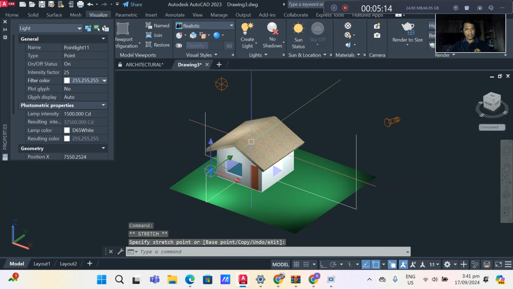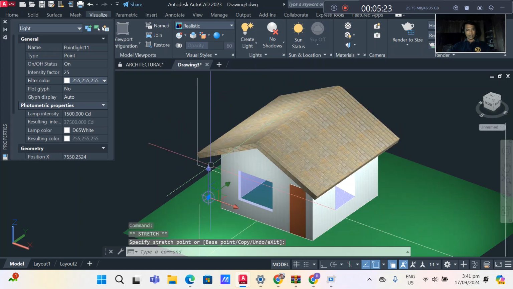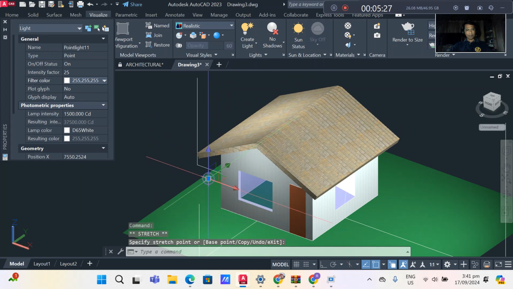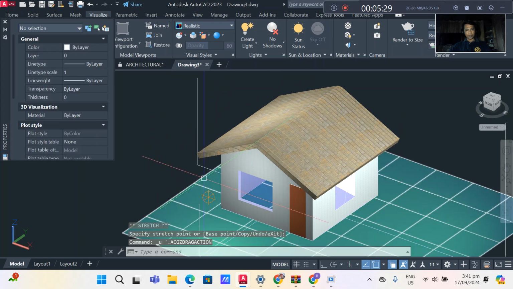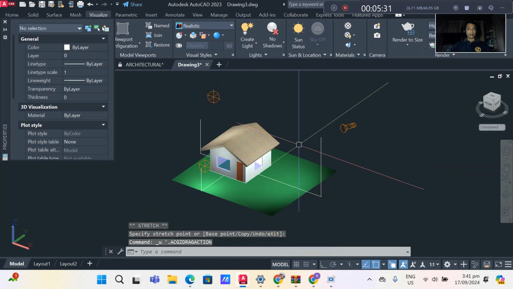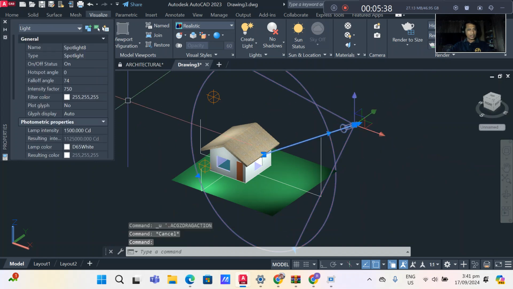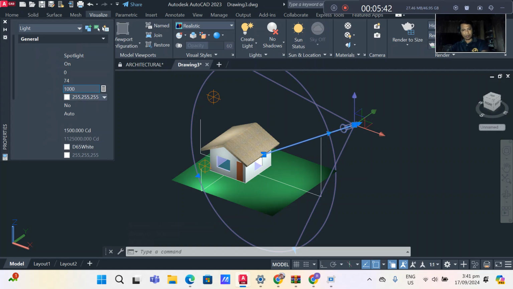That's it. And we try to see the building has been lighted up, and this spotlight seems to me needs more intensity, so I type 1000.